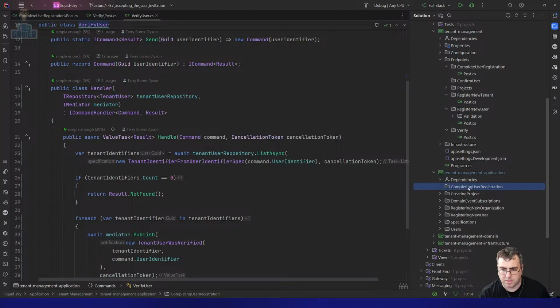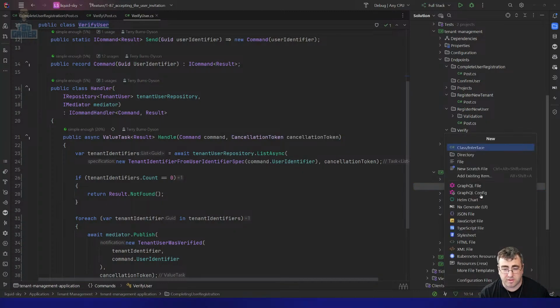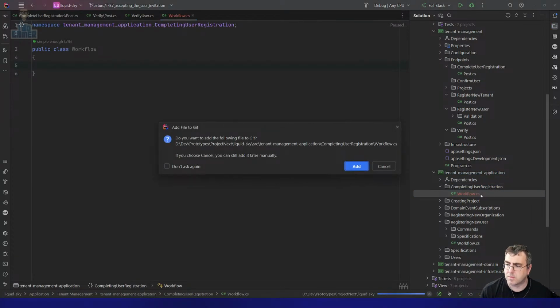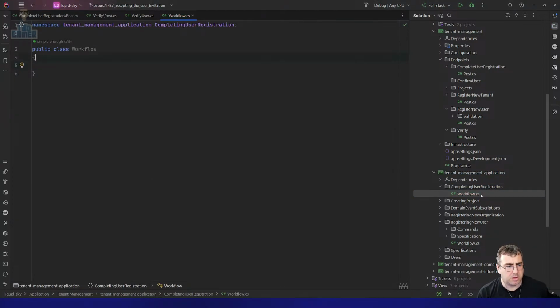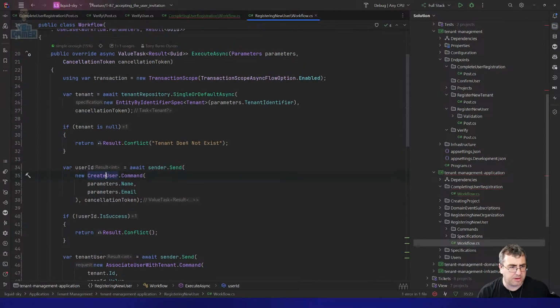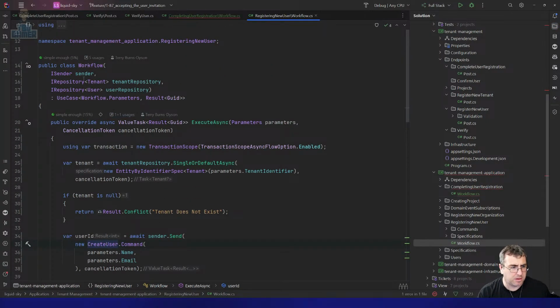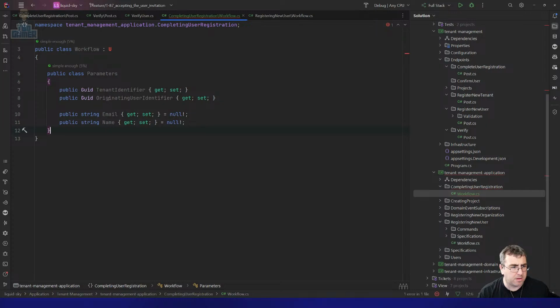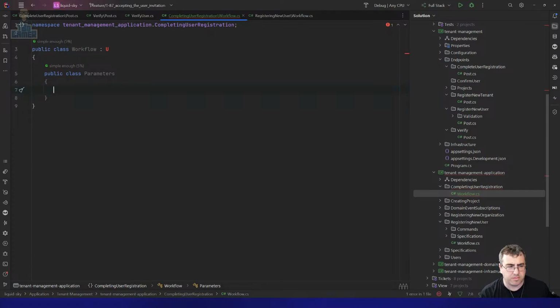And yeah, actually this is a workflow, which is a use case. Where do I do parameters? Okay, here you go. So the parameters here are going to be